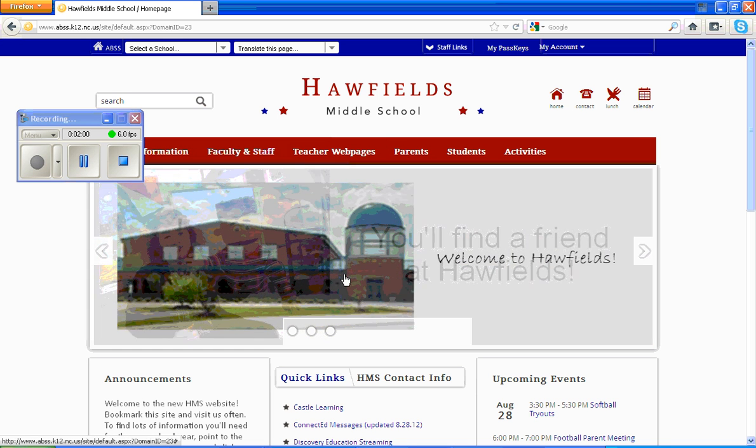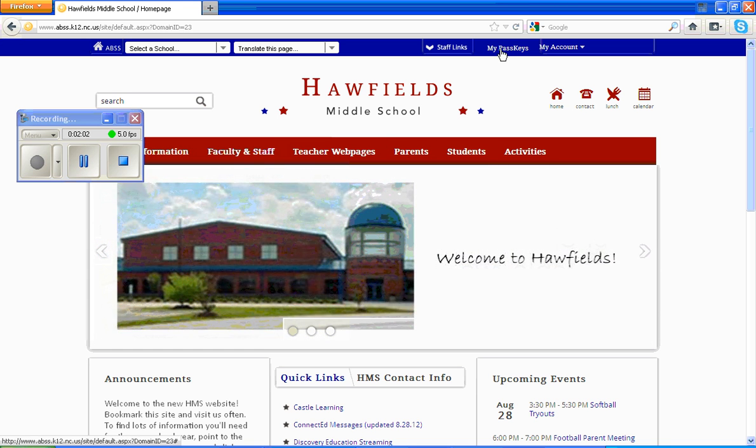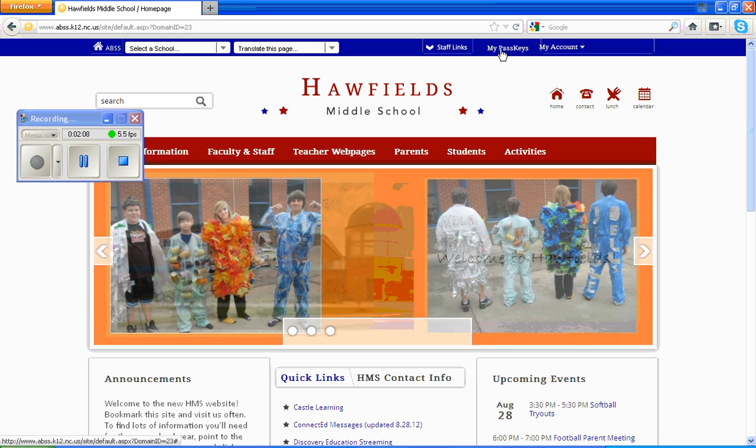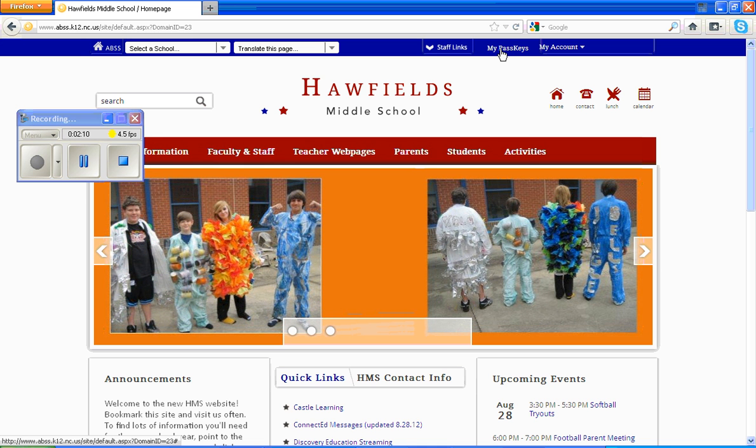Now you're going to click up here where it says My Passkeys. This is like a little password box, and this is how you're going to access Gaggle. So click on My Passkeys,